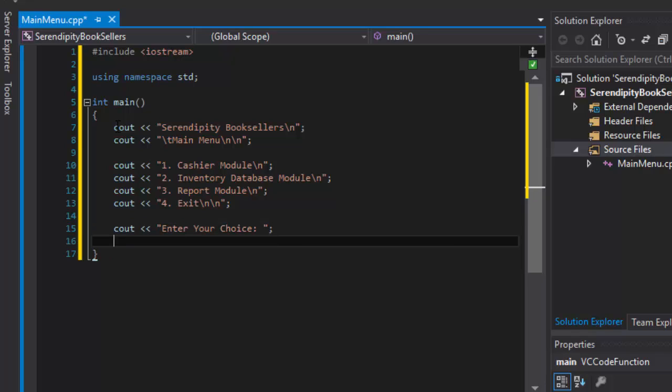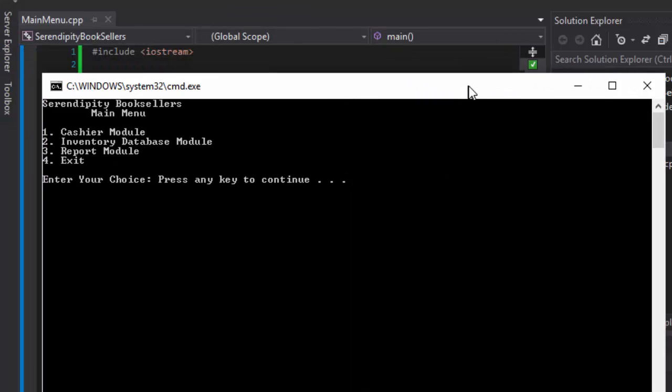And that's really all. Let's just do cout. Actually, we can just leave it as is. And since this is a main method, we need to return something. We need to return an integer, so we'll return 0. Alright, let's see what we get. Building it now. Let's see if it runs. And it indeed runs. This is our main screen that displays the name of the store, and then main menu